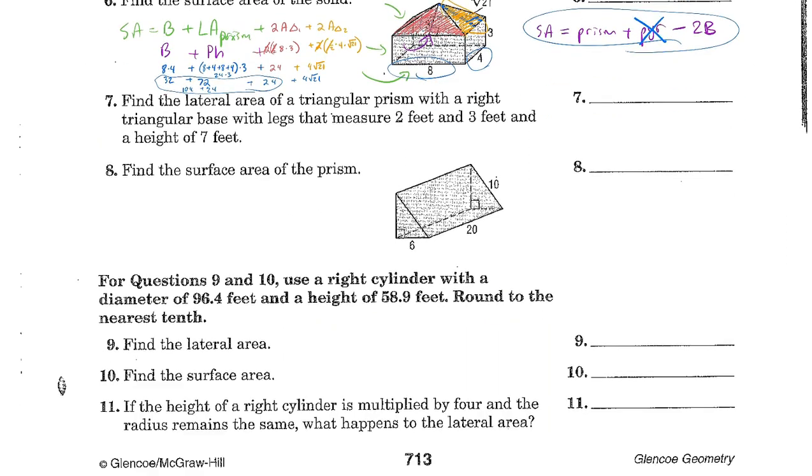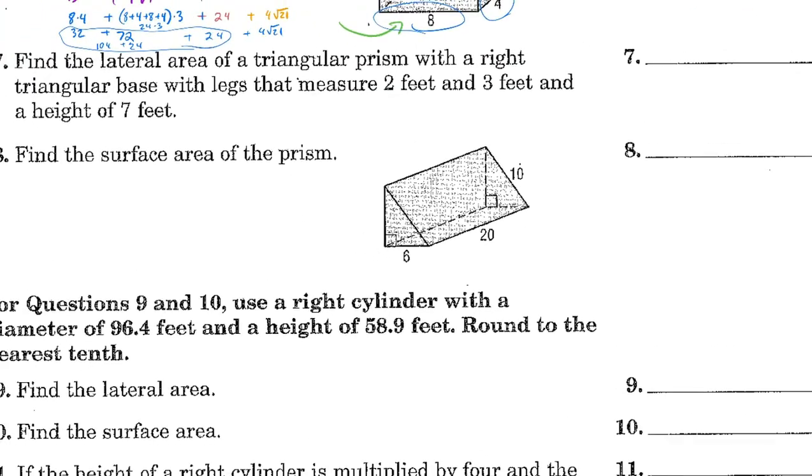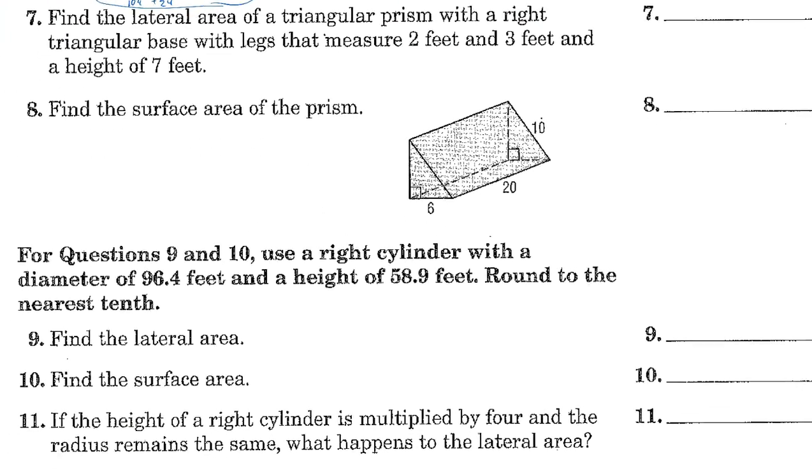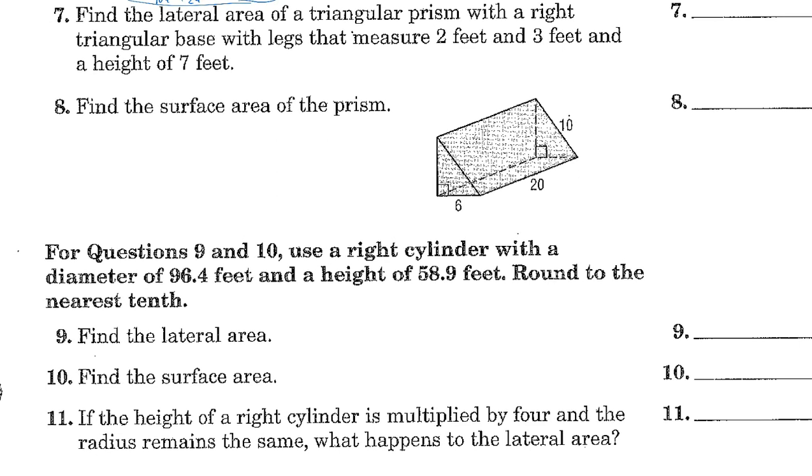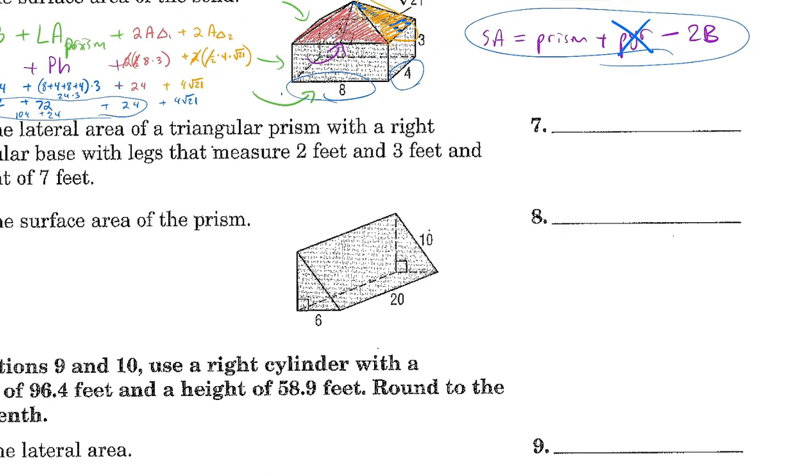All right, so let's keep going. Whoa, that was a good problem. Find the lateral area of a triangular prism with a right triangular base with legs that measure,